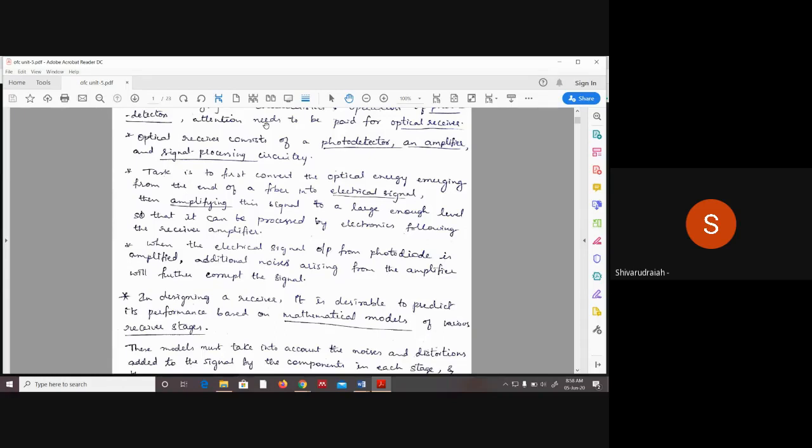Because we have certain blocks such as electrical amplifiers, then the signal processing block, and many other blocks at the receiver section, each of those blocks is going to introduce certain noises. These noises are going to arise from the amplifier and from other signal processing circuits. So one has to understand the nature of these noise sources also. That will be covered under types of error sources or noise sources that arise at the optical receiver section.